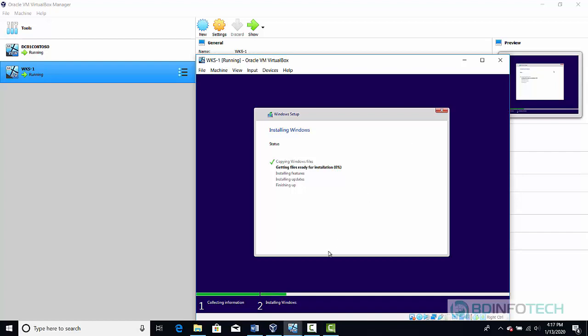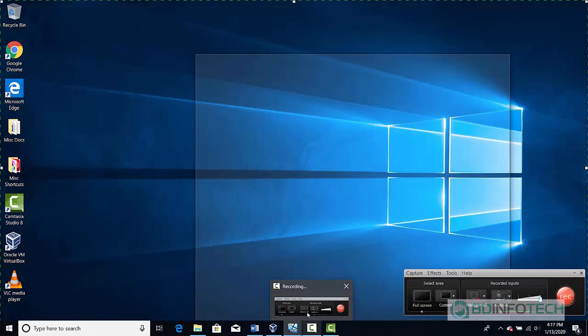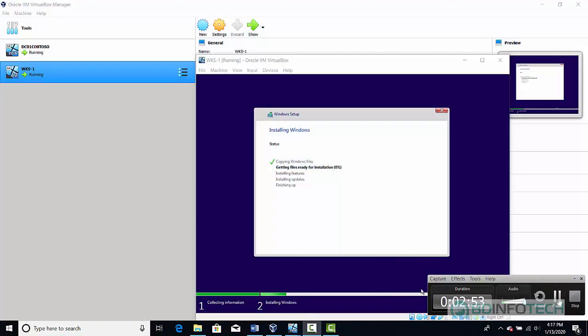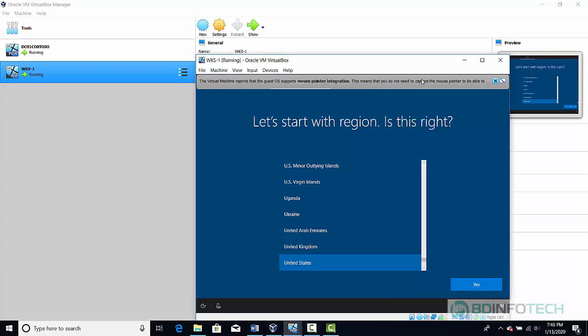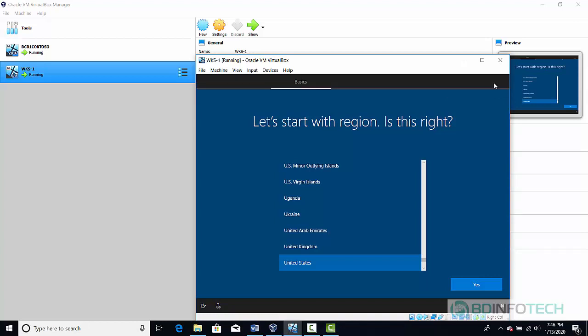This is going to take some time, and we'll prepare the workstation as soon as it finishes the installation process. We'll come back soon. After it rebooted, we got the screen for Windows 10 workstation. We'll go ahead and choose the region,